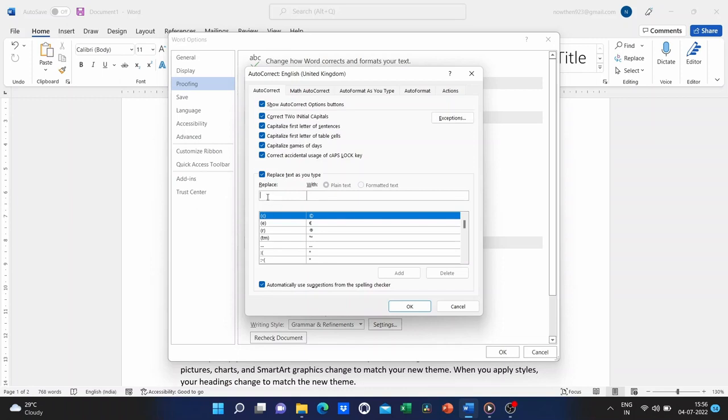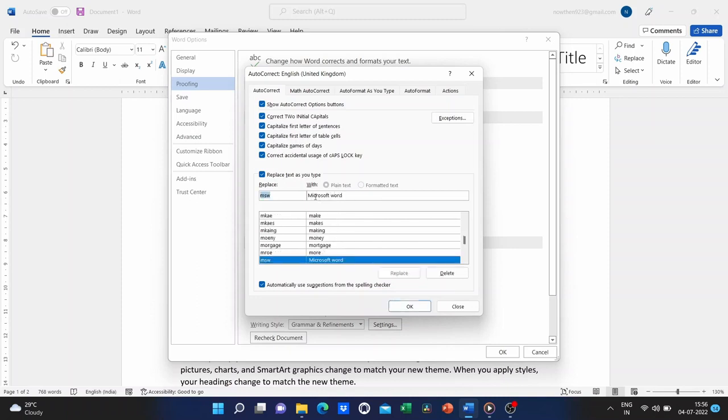Therefore, I want Microsoft Word to be substituted with MSW whenever I type it. It will then be added to my list of autocorrect shortcuts after I click Add. With MSE, I could accomplish the same goal, having Microsoft Excel installed instead. I'm going to click Add, and then OK.